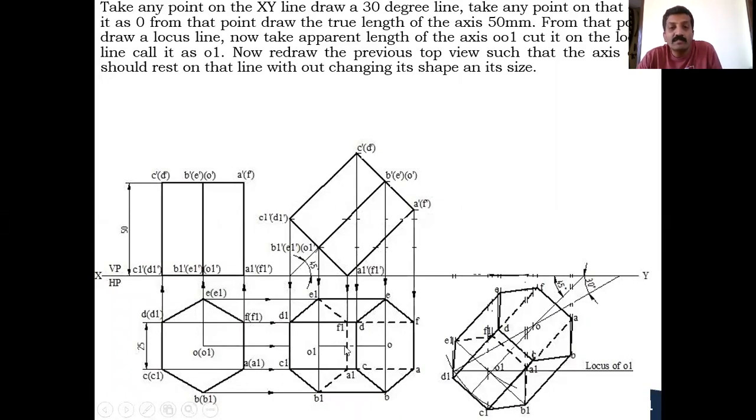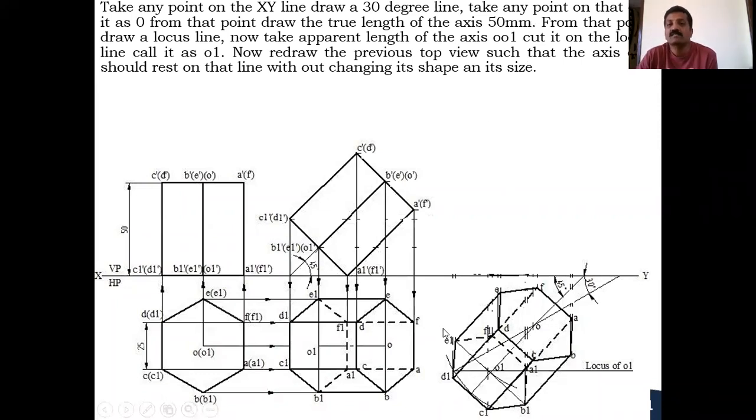Similarly, O1 to this edge, from O1 to this edge, the distance is same. You mark this distance and this, and then draw a perpendicular line passing through that point. Now, here to F1, here to A1, from this point to D1, this point to C1, distances are same. We can cut those perpendicular lines. After cutting, you will get all the points without changing the visible edges and hidden edges, shape, size, everything you need to mark here. Like this, you have to redraw it.